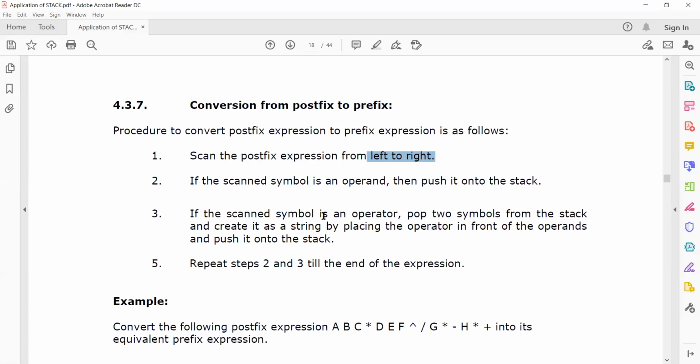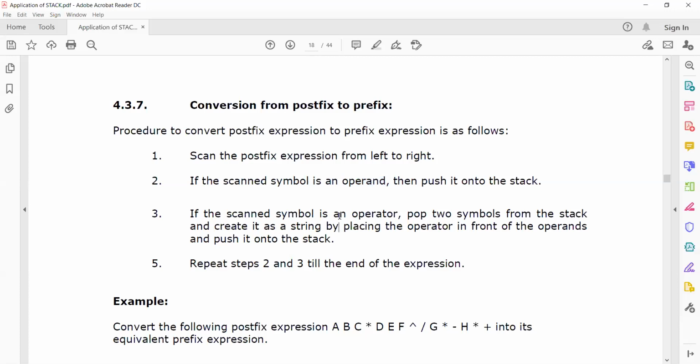In this conversion, you are going to push the operand. Whereas in the previous 2 conversions, you pushed the operator. The other 4 types push the operand. That is a major difference. In the earlier 2 versions you push the operator; here, you are pushing the operand into the stack. That's all.